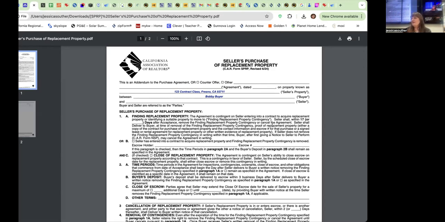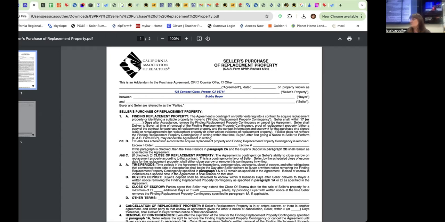Okay, so what is this form? Well, if you think about you have a listing and the seller wants to sell, but they don't necessarily have a place to go yet. And they realize, I actually don't want to let go of my house and be homeless. So I need a contingency in place that will let me back out of selling my house if I can't